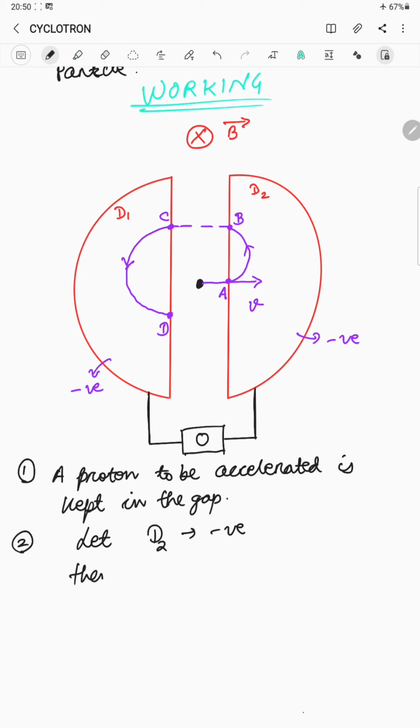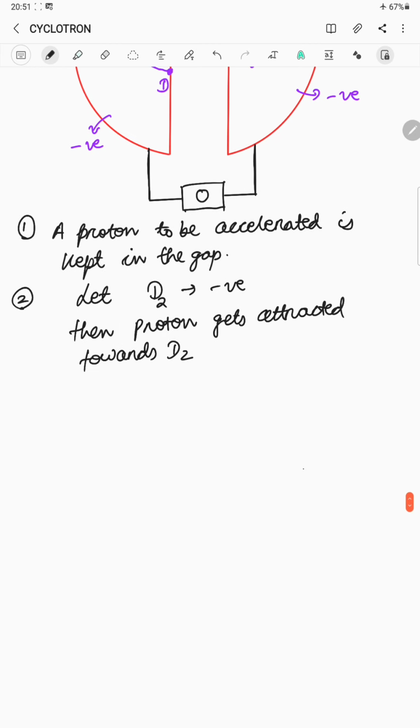Then the proton gets attracted towards D2. Okay, third, due to the magnetic field which is into the plane of the paper,